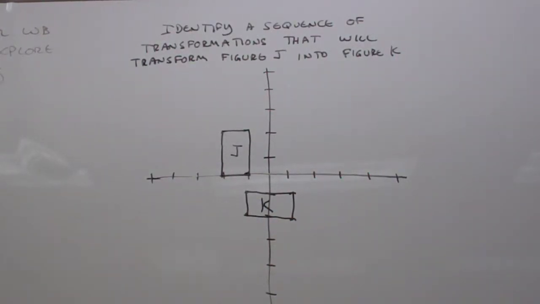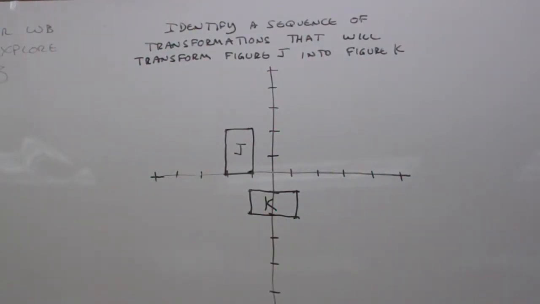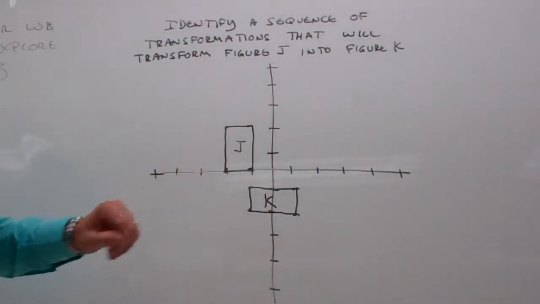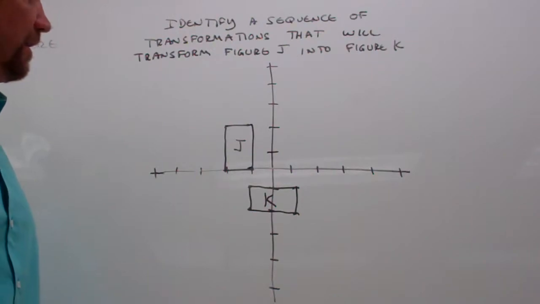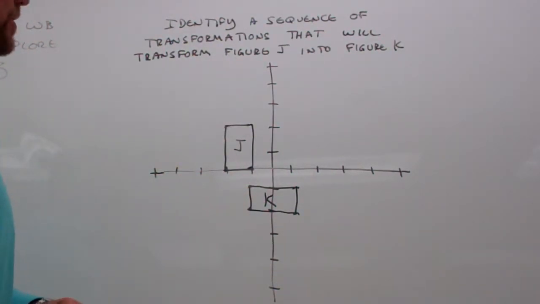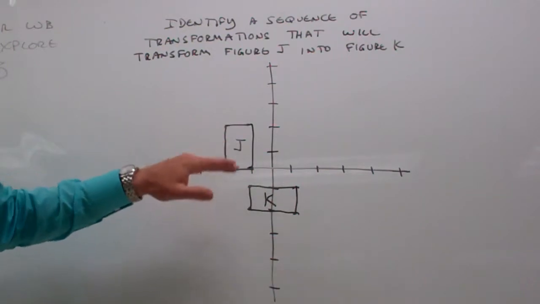Okay, take a look at this problem on the board. Today we were talking about the connection between transformations and congruent figures. And we said that if two figures are congruent, there must be a series of transformations that you can perform that would turn one figure into the other. So the question on the board here says to identify a sequence of transformations that will transform figure J into